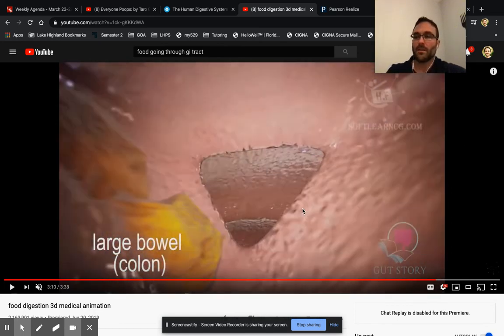All right, large bowel. Now, large bowel is going to be anywhere from 10 hours to a day. The main function of the large bowel, okay, so all of the nutrient absorption has already occurred in the small intestine. That's why it was so long, okay, and all that surface area. Large bowel is mainly for absorbing water from your food, okay? Additionally, this is where all of your good bacteria likes to live and likes to eat all of that undigested fiber. So again, fiber is not going to be absorbed in the small intestine, but who's going to eat it? The bacteria in the large bowel. Okay, this is where we're going to start forming feces,